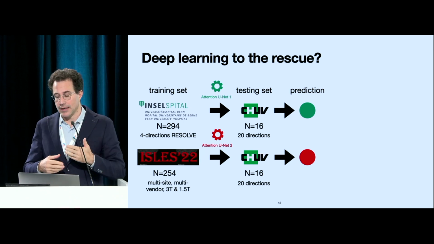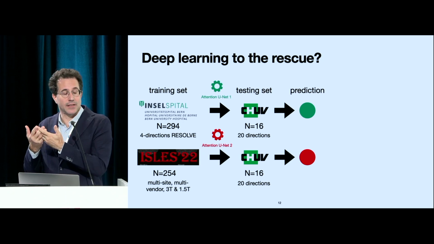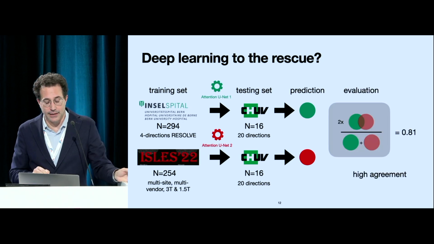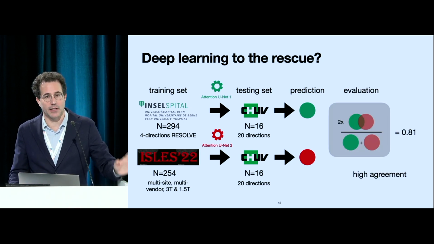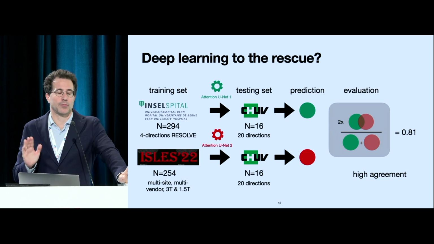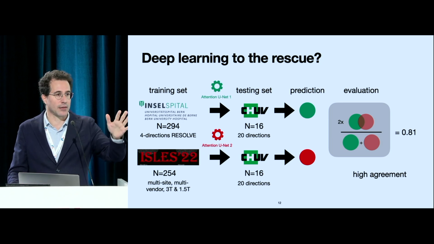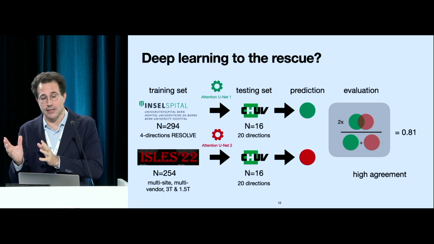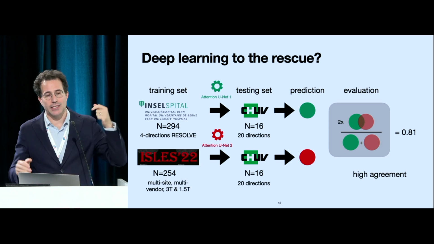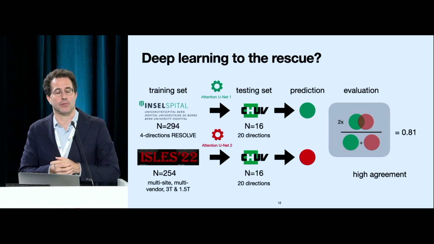And so now what we do is we compare these predictions, and our aim is, okay, if there's good agreement, then maybe we have partially solved the problem, and indeed we're happy to find that the agreement here, this is a Dice coefficient, not the Jaccard, but same idea, is essentially 81%, right? So compared to what I showed you before, which was around 20, 30%, we can jump just by using deep learning, and having a mixed training protocol, you can do that. And we didn't do much in terms of harmonization. We did other things to bridge this domain gap between the hospitals.